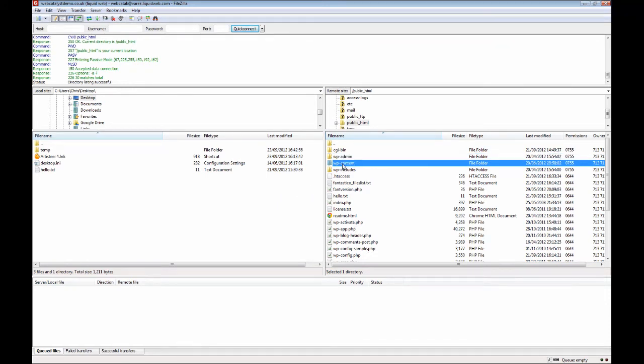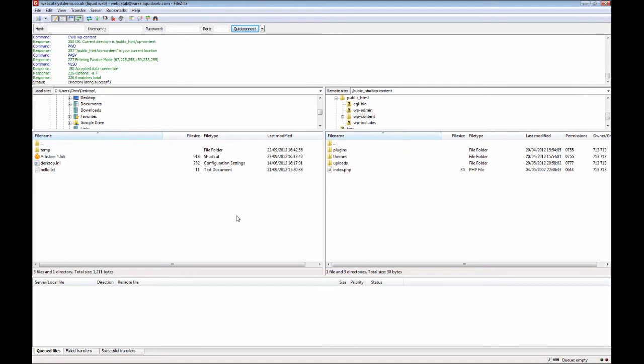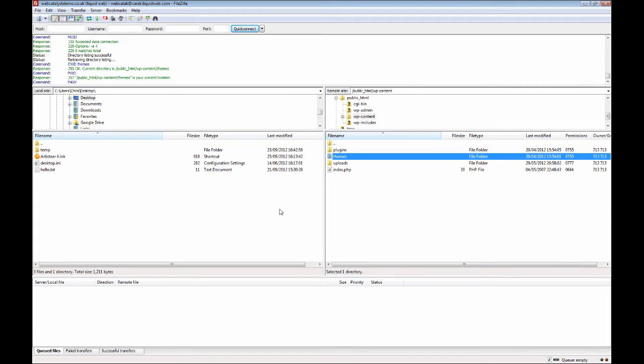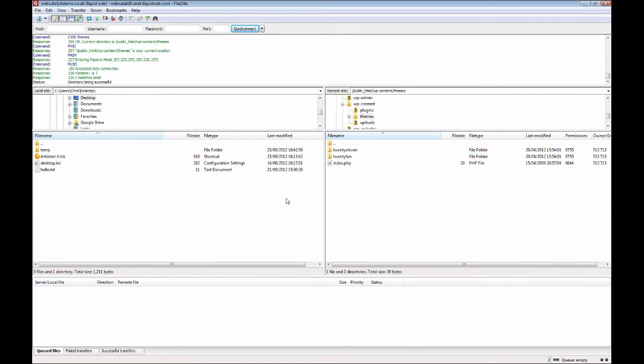But for now, we want to go in here, WP-content. So let's double click on that, give it a second, see all the log going on here, and look at this. There's a themes folder. Double click on that one. And WordPress comes with